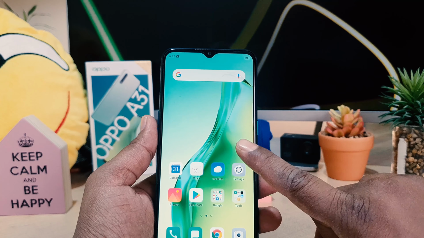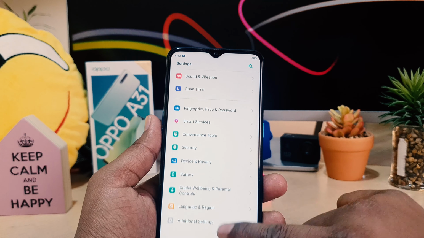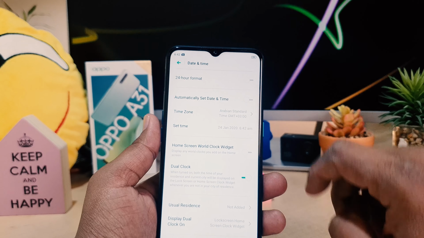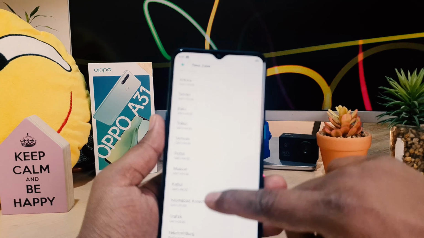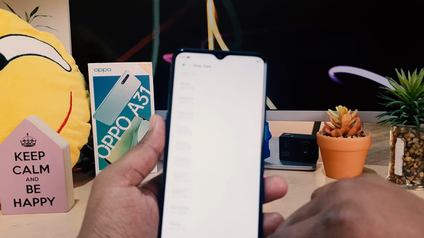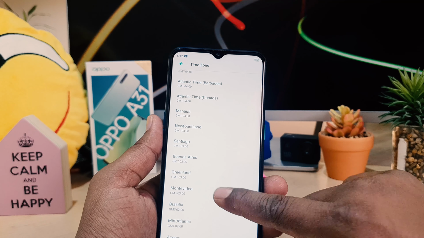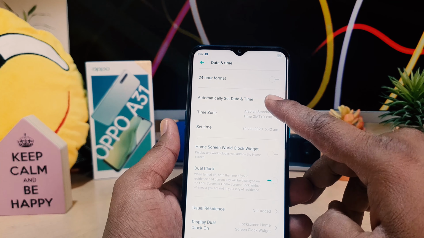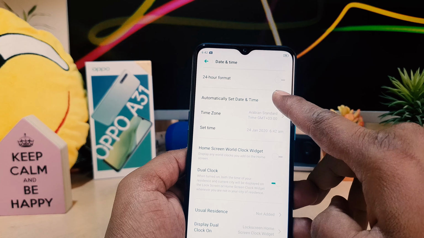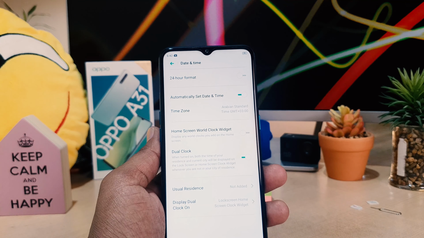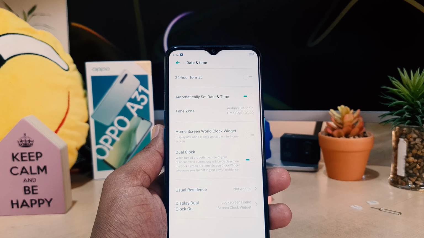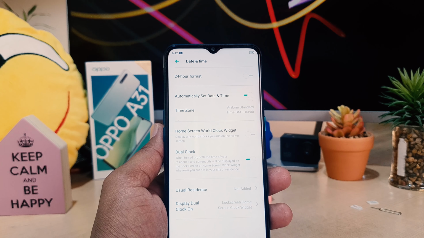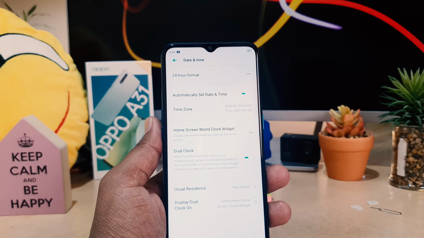But one thing that you can see in this additional setting in date and time, you can also change the time zone. You can choose the current country you want to set the time zone. You can easily choose any time zone, or I will suggest you set this to automatically set date and time, which means the phone is going to recognize the country you are currently in, and it is going to show that country's current time and date if your phone is